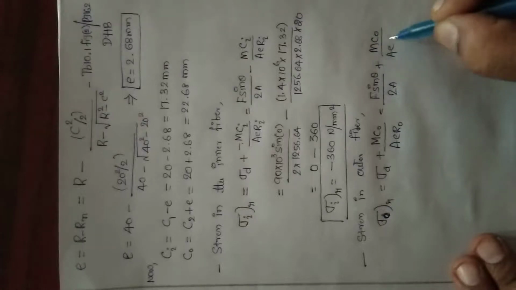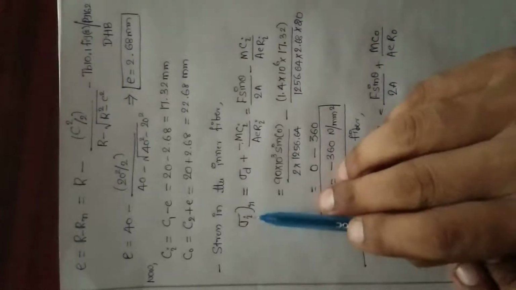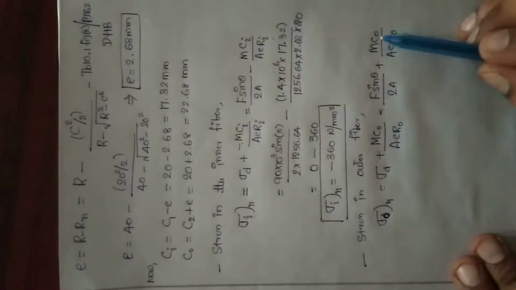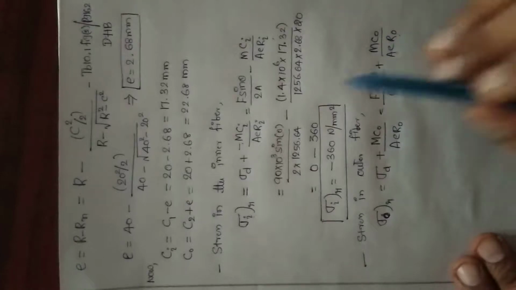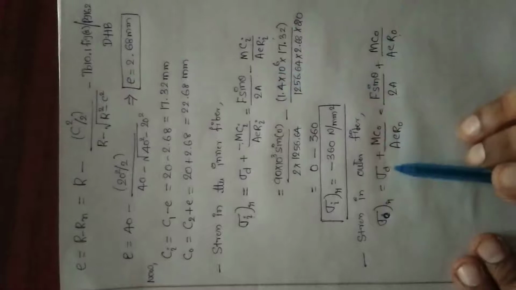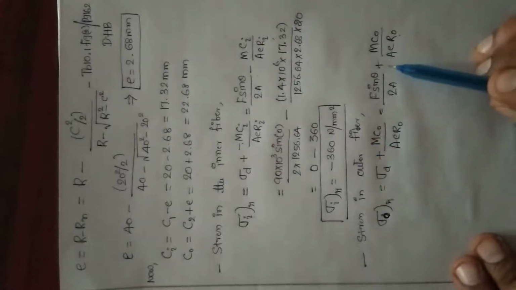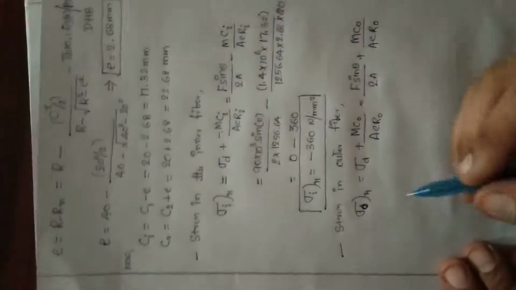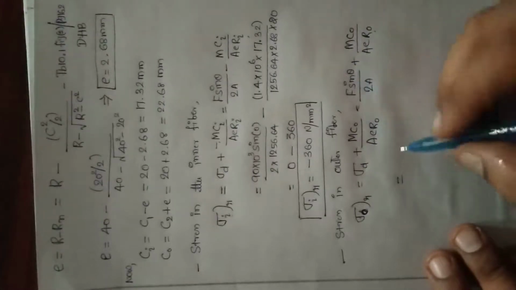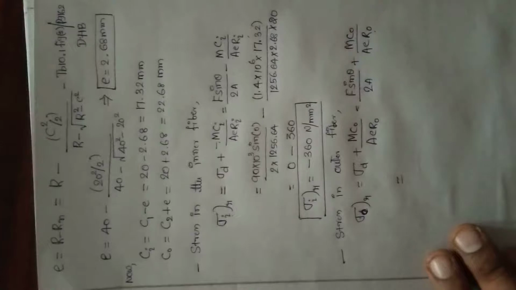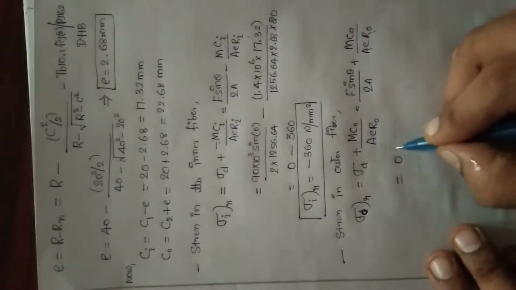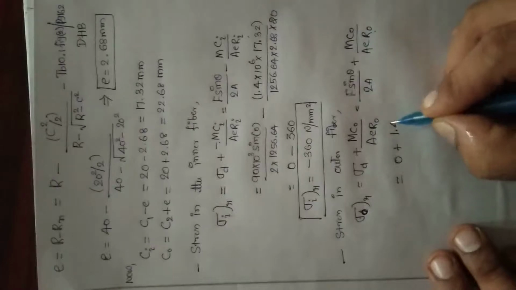So whenever I have inner, I have Ci and Ri. When I have outer fiber, I write C naught and R naught, because the inner fiber undergoes compression, negative, and the outer fiber goes for tension, which I will take as positive. Now the same thing here, because of sin theta, this is 0, am I right? Sin theta is 0, I need not write this. I will write directly 0 plus M is 1.4 into 10